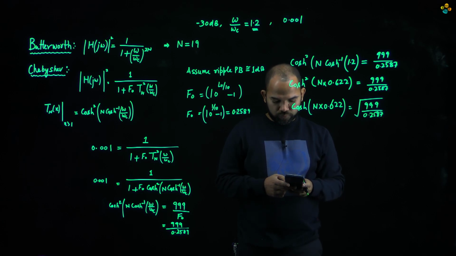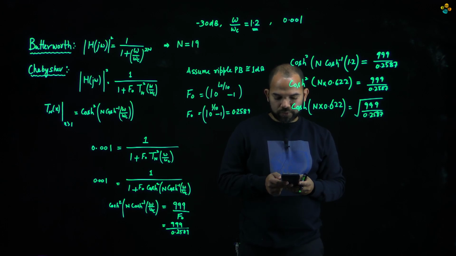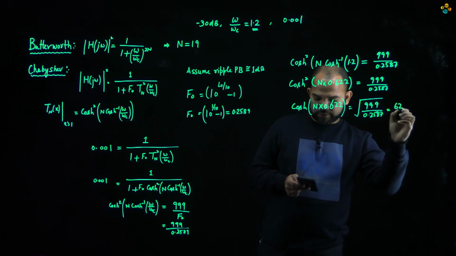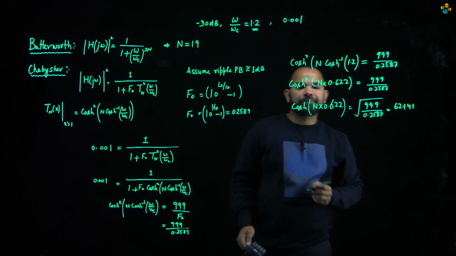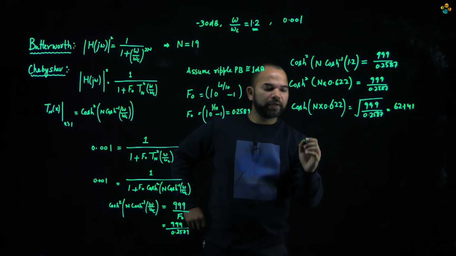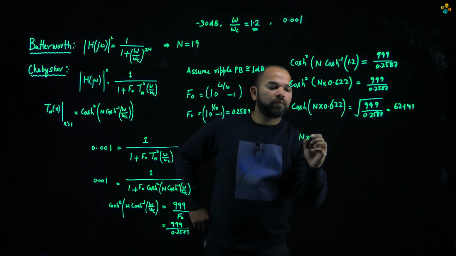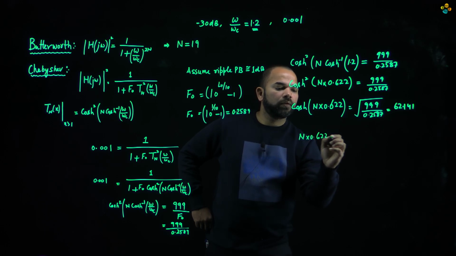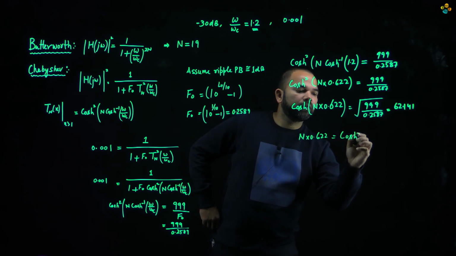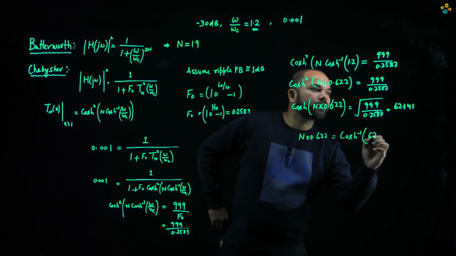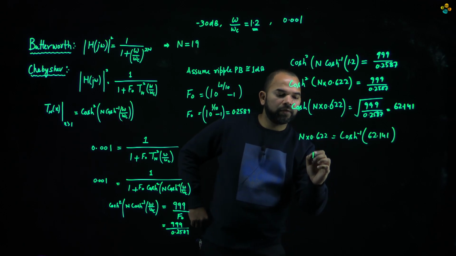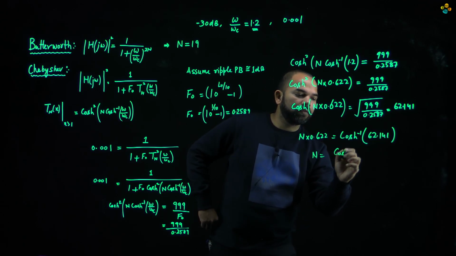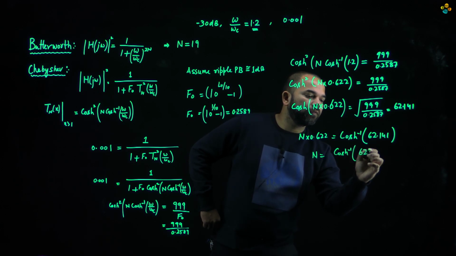Divided by 0.2587, and let's take a square root. So this quantity comes out to be 62.14141. Okay, so for calculating n, we need to take cosine hyperbolic inverse of 62.141, and this quantity, if we want to say n is going to be equal to cosine hyperbolic inverse of